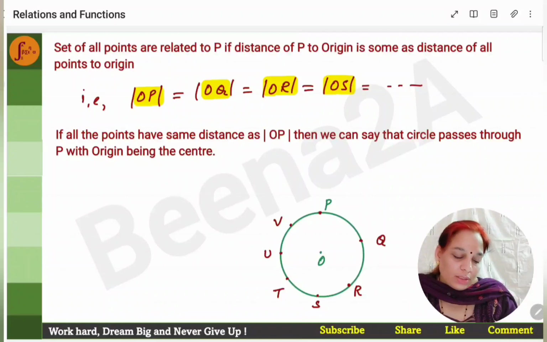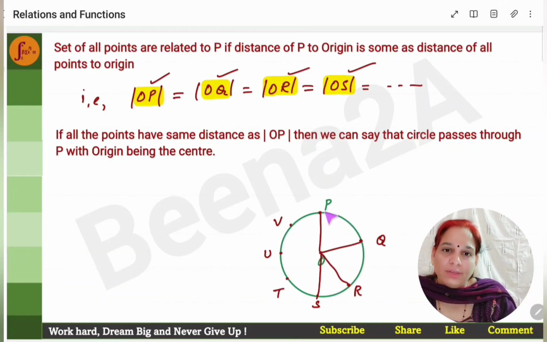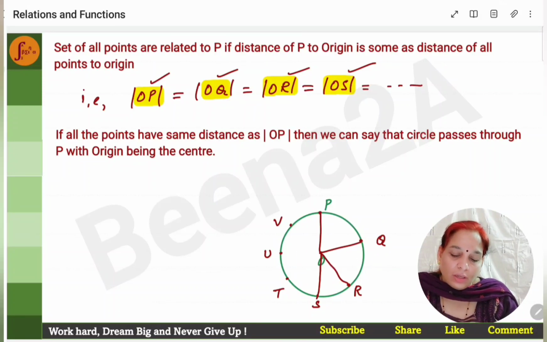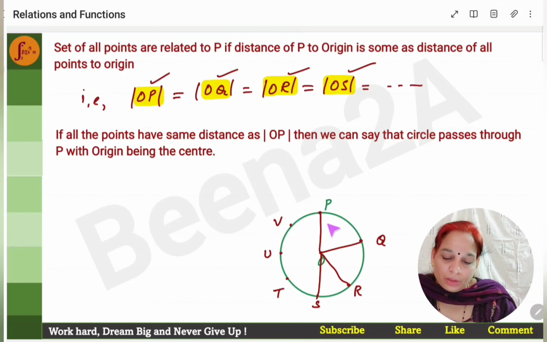Now, if you have points, say, P, Q, R, S, which are equidistant from origin, the distance is the same, right? If you have a set of points which are equidistant, it simply indicates that it is a circle, right? Only a circle is one such geometric figure where all the points on the circle are equidistant from the center